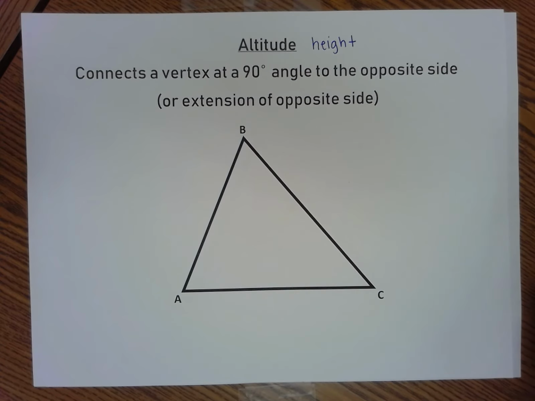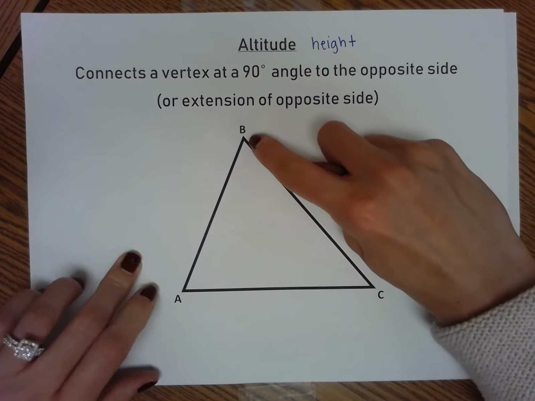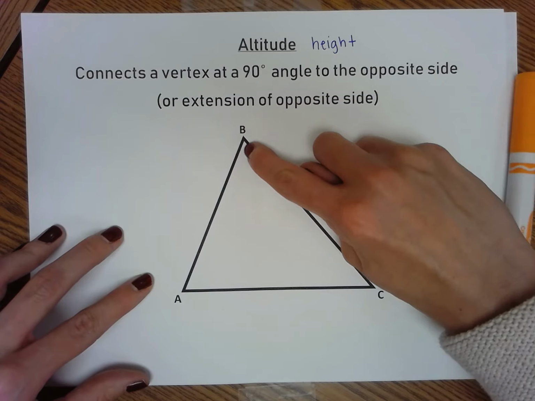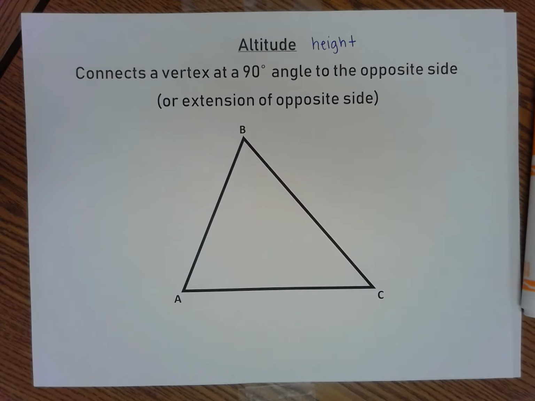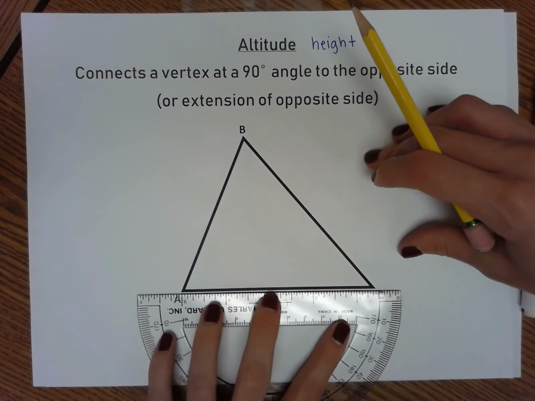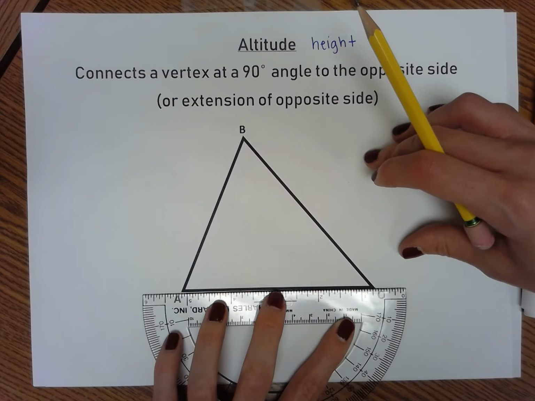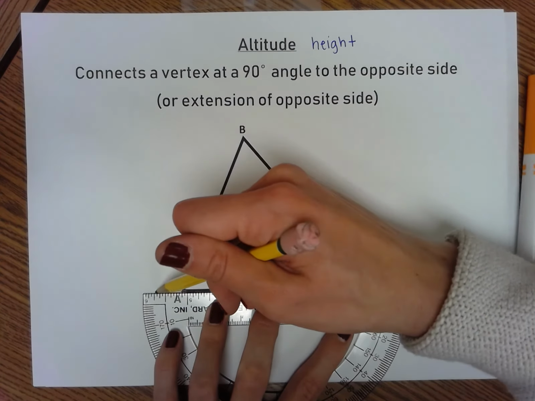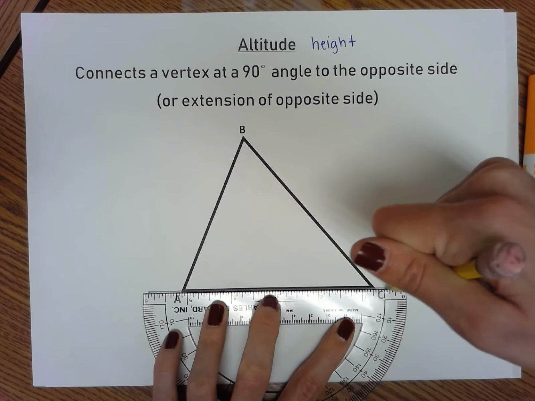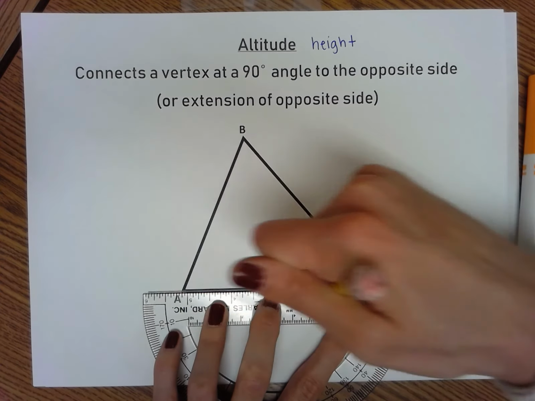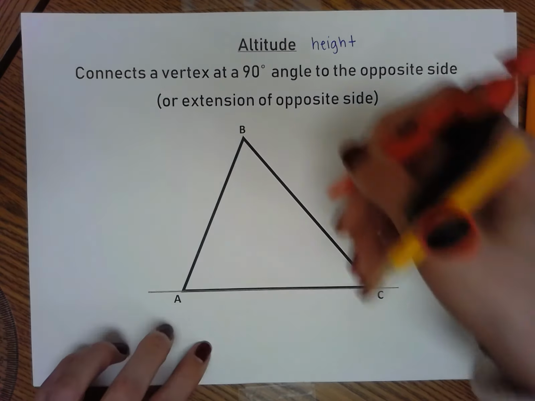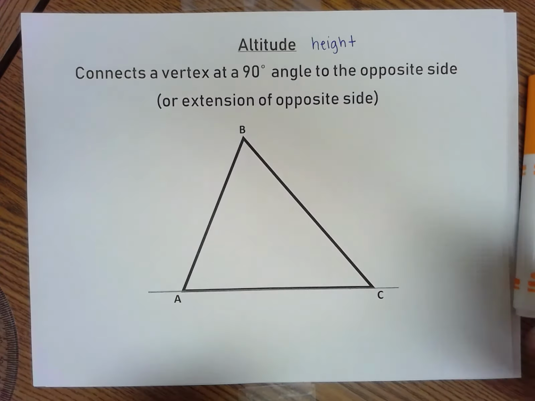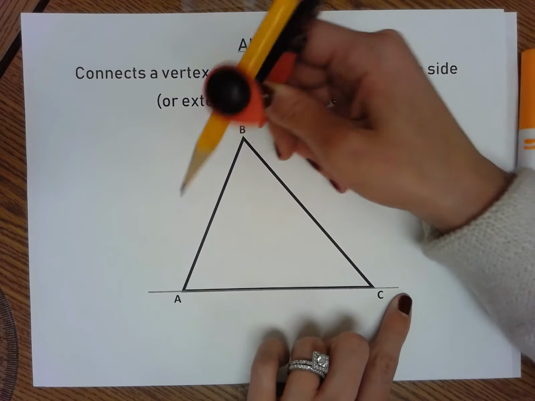So in order to construct an altitude, I want to do the altitude from B that forms a 90 degree angle with AC. The first thing I'm going to want to do is extend my side AC, just in case the next arc I draw intersects that line. We'll see. So the step to draw an altitude: extend that opposite side,